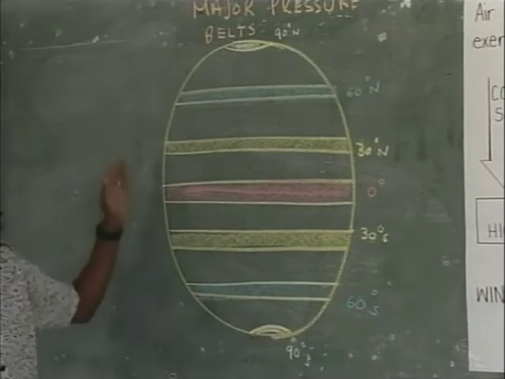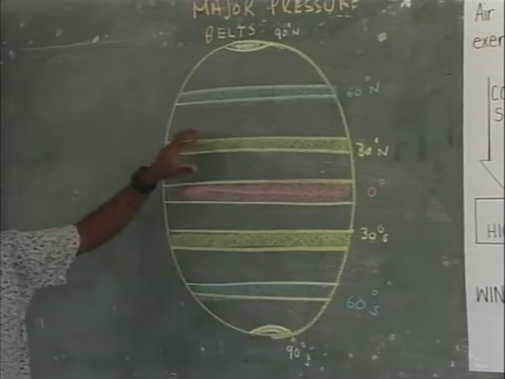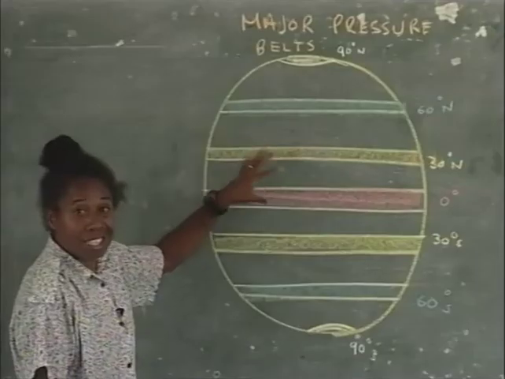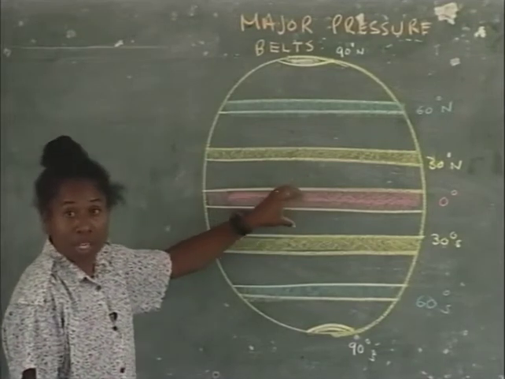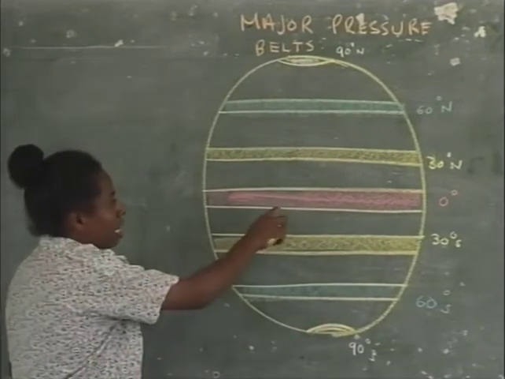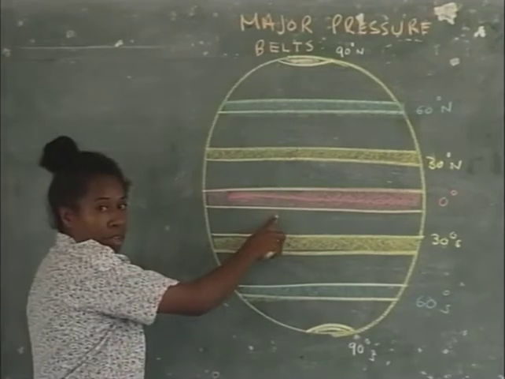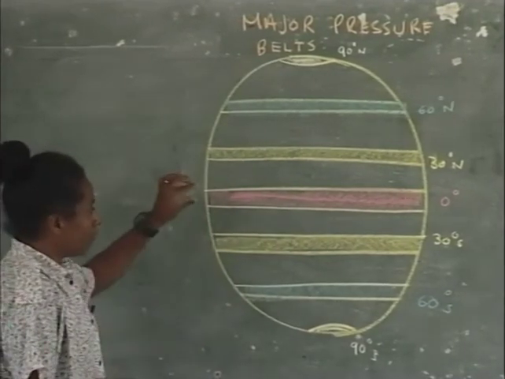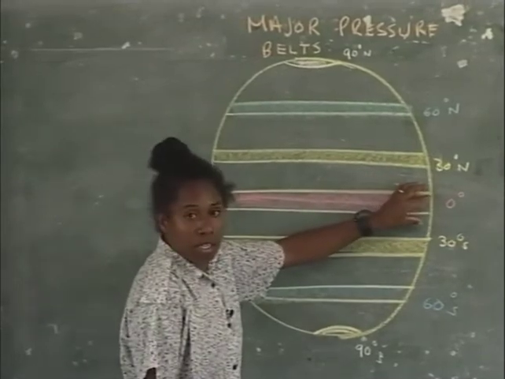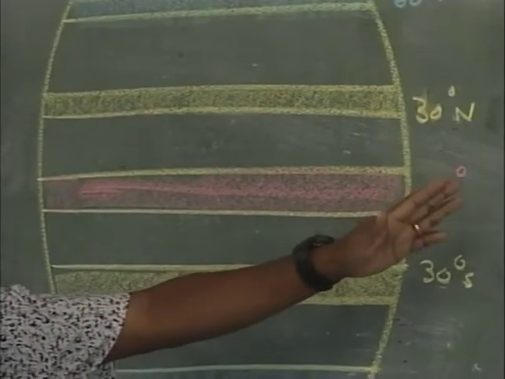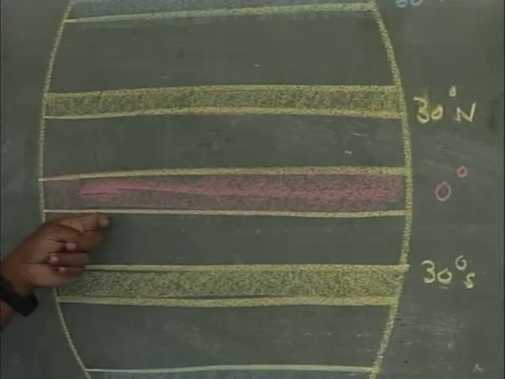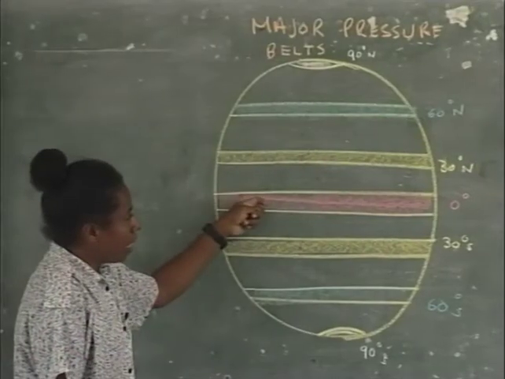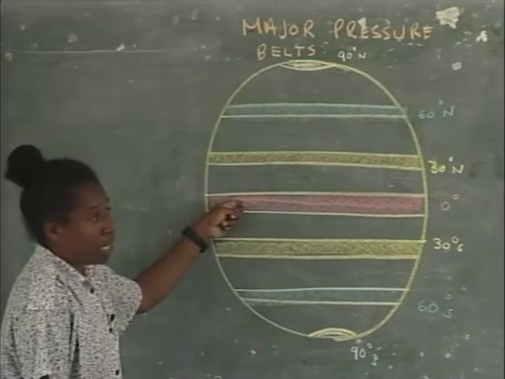So if we look at the global scale, there are some areas that are distinct, and you can tell straight away what type of pressure would actually be found there. We'll start off at the equator. Because already we know that the equator is the area whereby the sun, when it is shining, the rays are vertical directly overhead the equator, the sun's heat is concentrated within this area. So the air around the equator is likely to be warm.